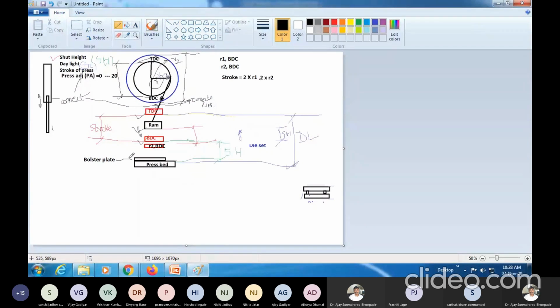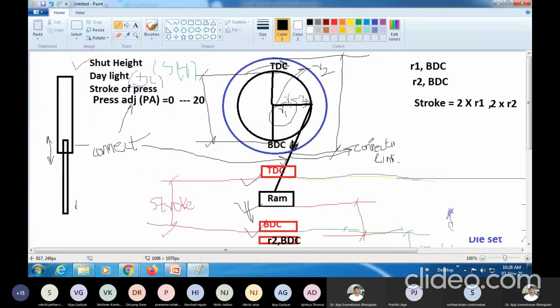So this is the bolster plate which can be kept on the press bed, and then the distance between the press bed and the bottom of the RAM can vary. Okay, so these are the different ways we can make the arrangement: put the bolster plate, vary the crank length, vary the connecting link. All these things can be done so that we can get various arrangements of the space between them.